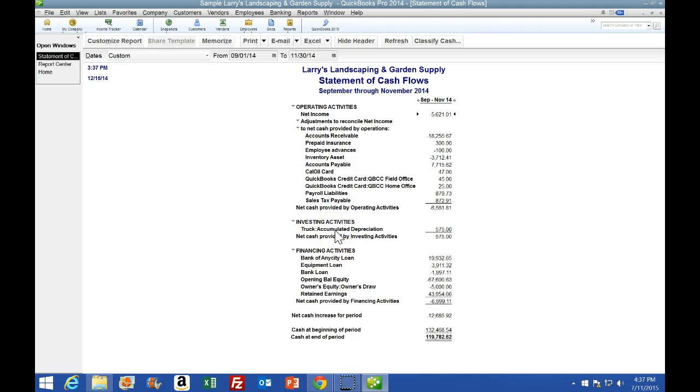And notice the statement of cash flows, being that we're doing the indirect method here. We're starting at net income in the operating section. We are ending up at the net cash provided by operations. And then we have the cash from the investing activities, and then from the financing activities. The cash at the end of the period then should match what is on the balance sheet. If we wanted to check that as of November